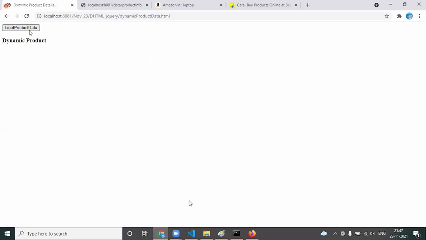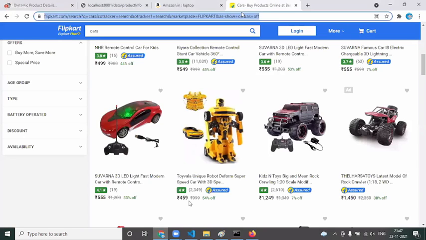As a developer, I know that it is taking time. But the end user, when I click on load product and see the white screen, will keep on hitting this. What is happening in the background? Then how do you handle this? Can anyone tell me how we can handle this, so as not to show the white screen? The loading animation. Exactly. You would have seen a loading image on most web pages. They show a spinner image, which tells the end user that something is happening in the background and they need to wait. So let us see how we handle loading messages here.